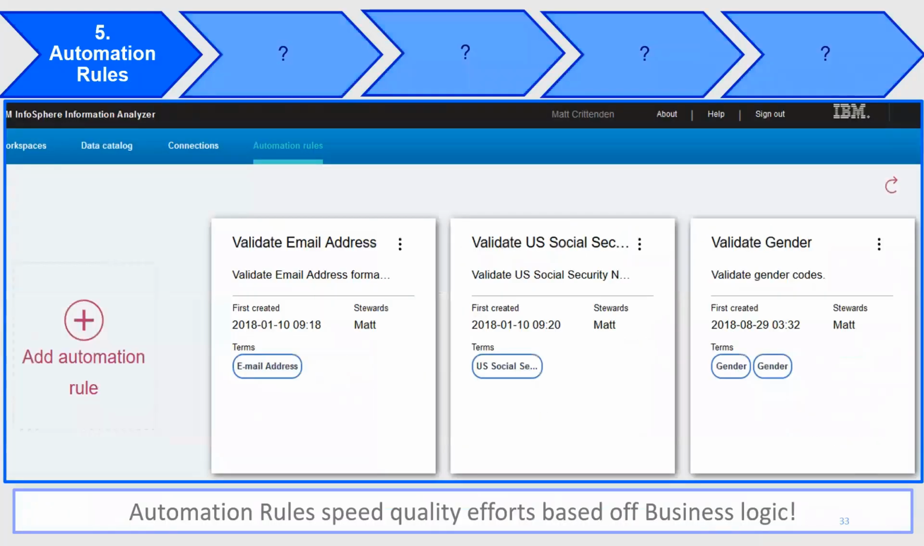Number 5, we're in the top 5 now, is automation rules. This is an incredibly exciting topic in that this spans both IGC and Information Analyzer. So automation rules allow you to build business logic, to build quality rules that can automatically be applied to your data. So this is just a couple of quick sample ones that I've built in my environment, my demonstration environment,